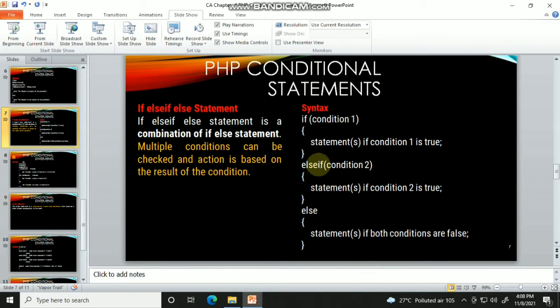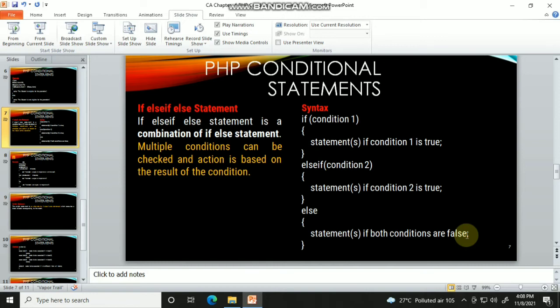So here inside the else part you will have another if statement. That is why it is called multiple conditions can be checked. If condition 2 is true, then this statement will be executed, or if both the conditions are false, the last statement will be executed.